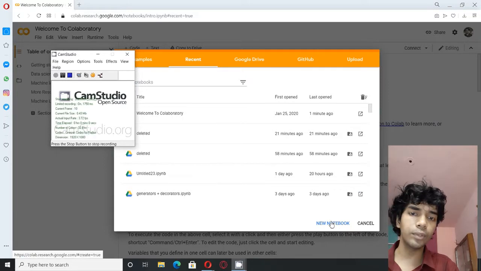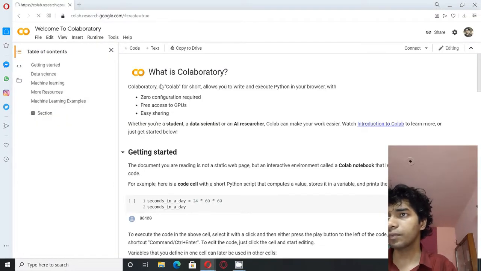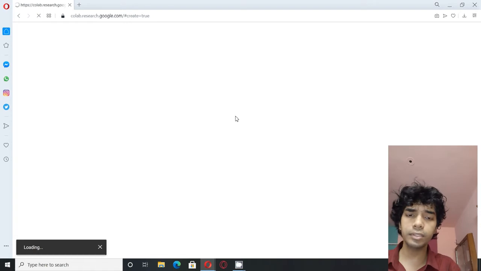So let us begin. I'll be working on Google Colab, on Google Collaboratory Notebooks, because they give you a disk space of 75 gigs.